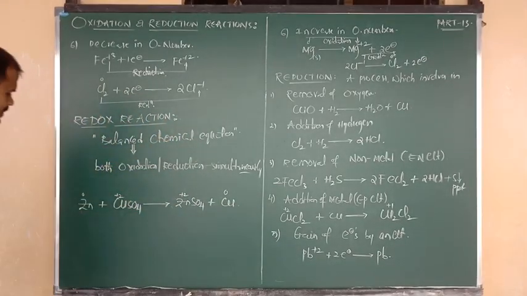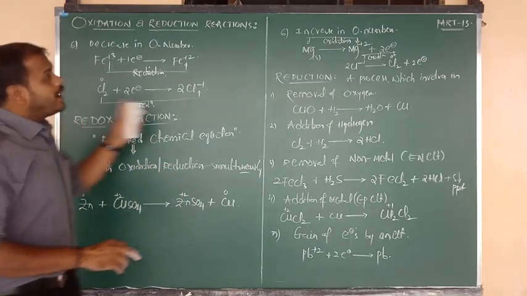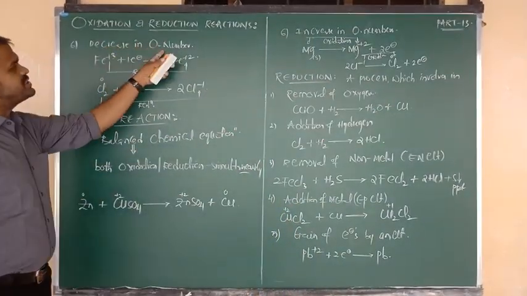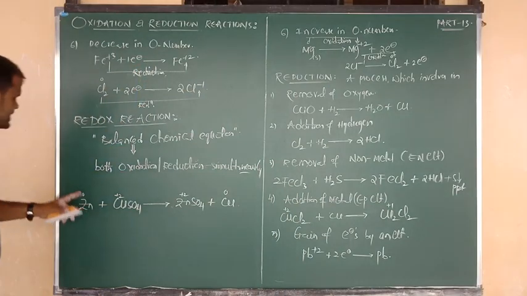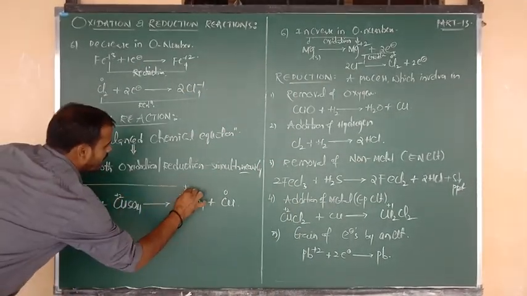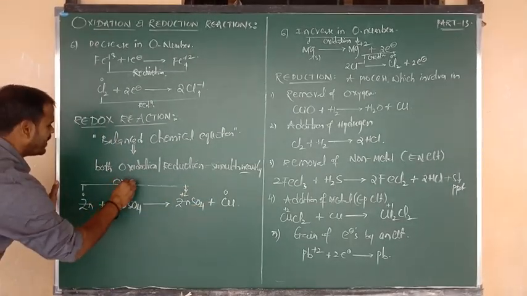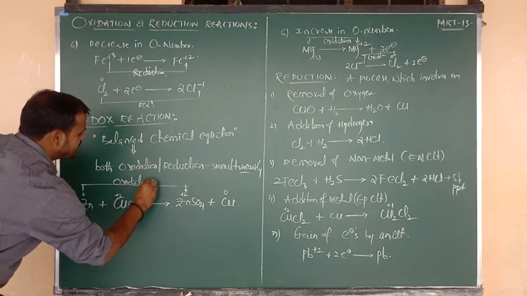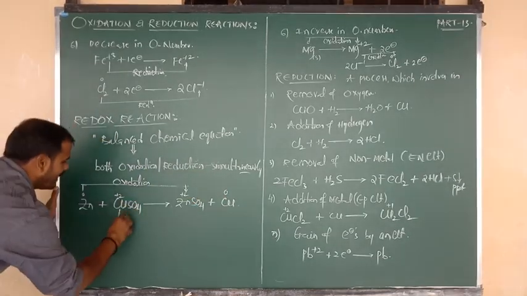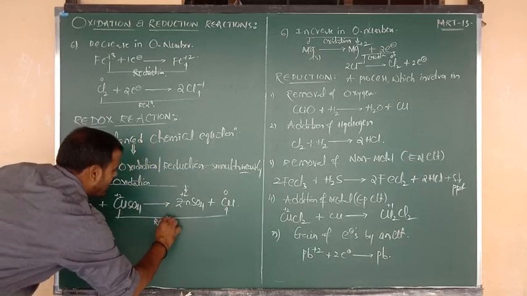Now in that reaction, I am going to show you that. Try to focus. Just now I have told you, increase in oxidation number is oxidation, decrease in oxidation number is reduction. So zinc contains 0, zinc contains +2. From zinc to zinc, what happened? 0 becomes +2, oxidation number increases. So this is known as an oxidation reaction. From copper sulfate to copper, +2 becomes 0, meaning the oxidation number decreases. This procedure is known as reduction.